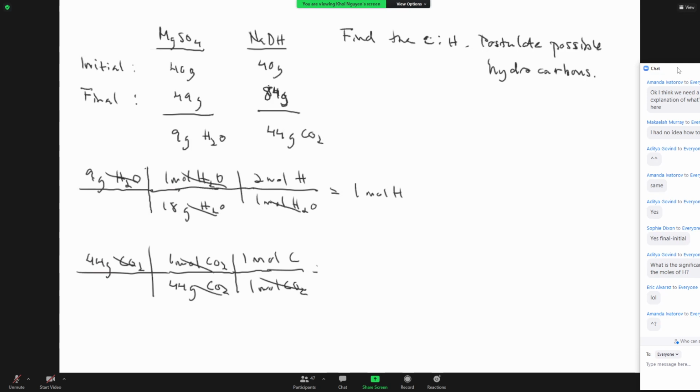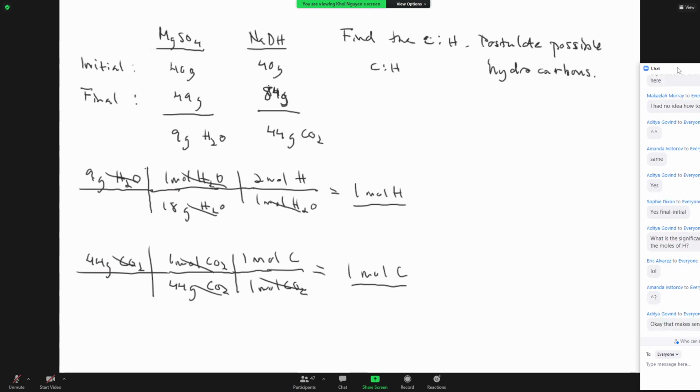So 44 divided by 44, it's also 1 mole of carbon. So the carbon to hydrogen ratio is CH, or 1 to 1. That's why we need to find the moles of hydrogen and the moles of carbon from what we started with, right? So that just means that the ratios